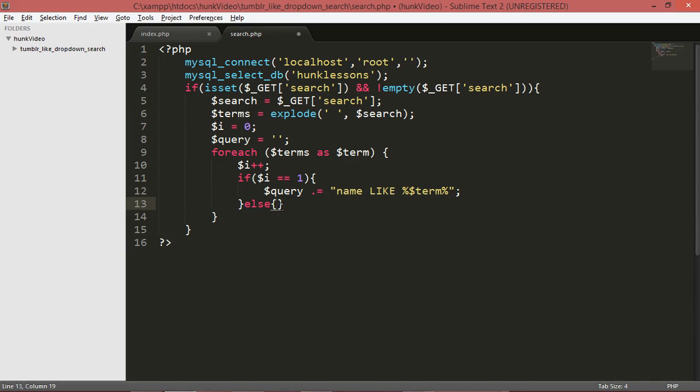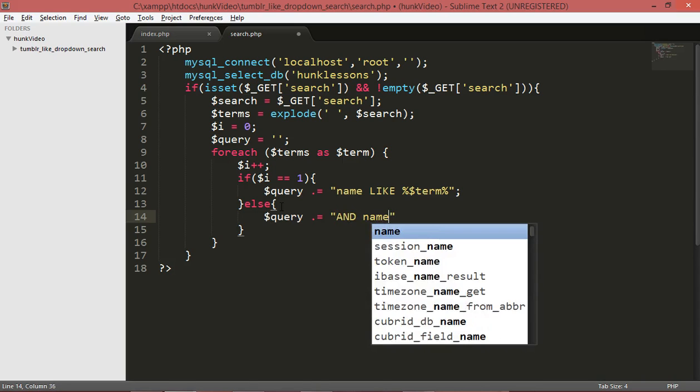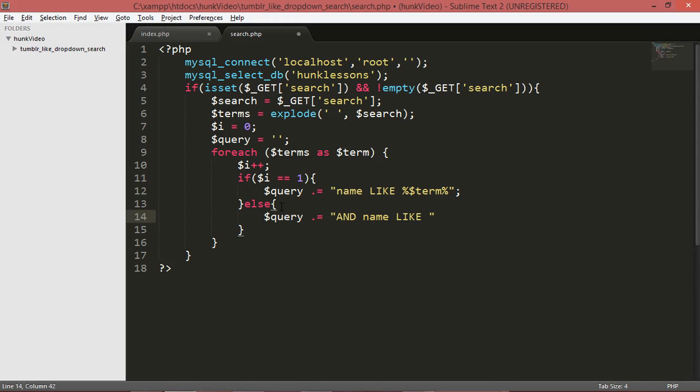And if the terms are greater than 1, meaning there are multiple terms, we will append to the query variable with AND name like %term%. That's a simple and effective method to create a query. We will give some spaces here because I don't want it to mess up my query.